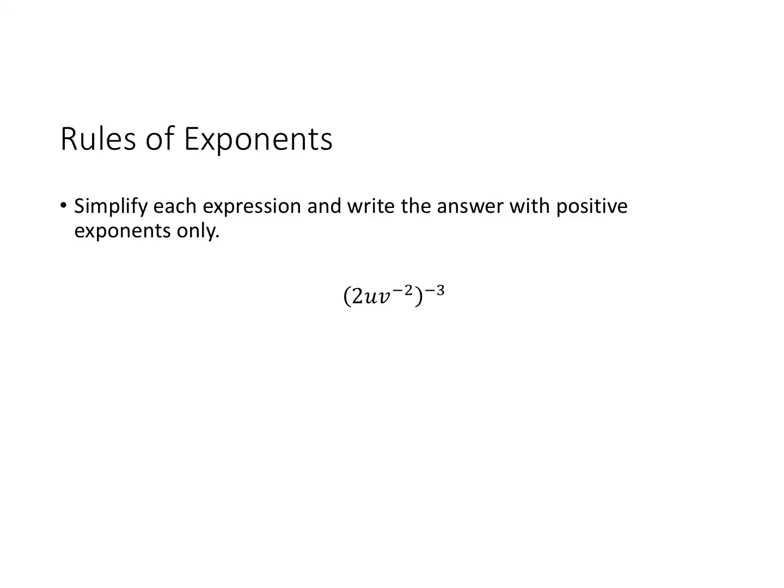So let's apply all the different rules of exponents that we just learned and take a look at a few more examples. So in this first example, we're going to simplify the following expression and then write our final answer with positive exponents only. So to simplify this, the first thing that we have to do is take care of this -3 exponent. So we're going to apply the power rule and apply that -3 power to every single term